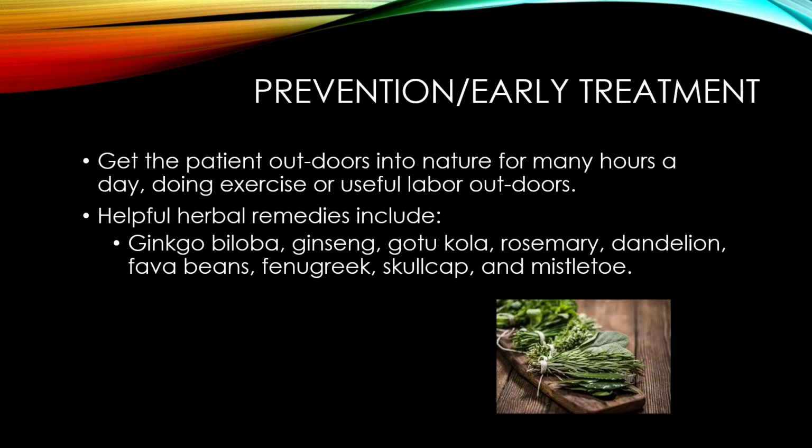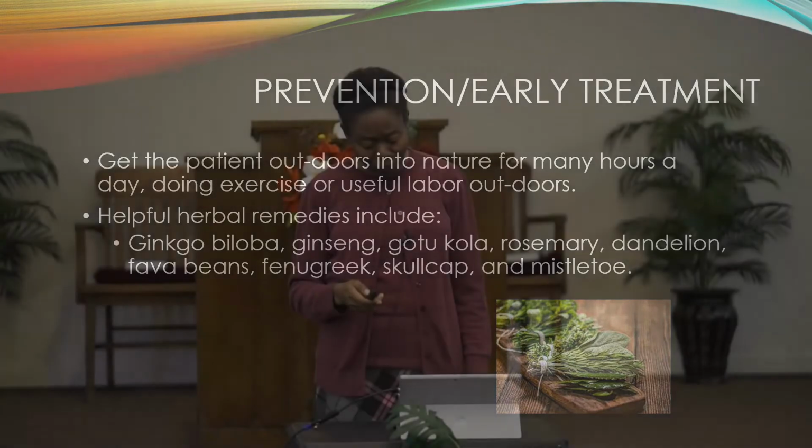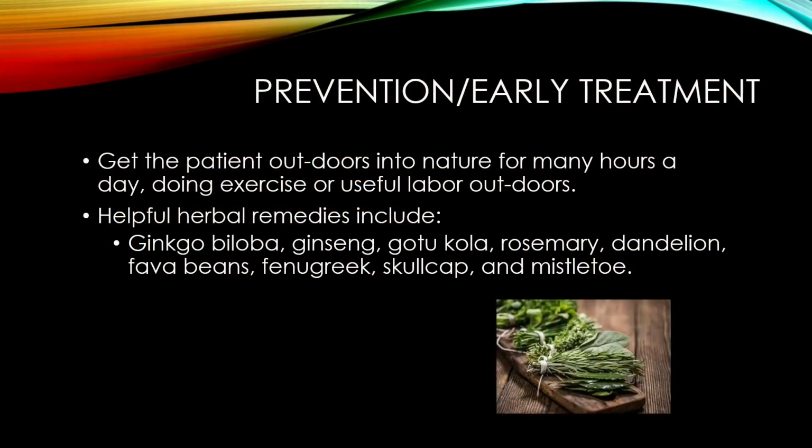All right, going on into the herbs. Ginkgo biloba is one that has shown to actually help. Ginseng is another one. Gotu kola. Rosemary, that's one we use, we cook with, right? Rosemary actually helps. Dandelion, that's one that's very, very common. And you can use the flowers, you can use the leaves. You have fava beans that actually help also. You have fenugreek,